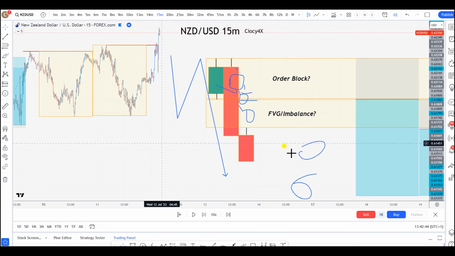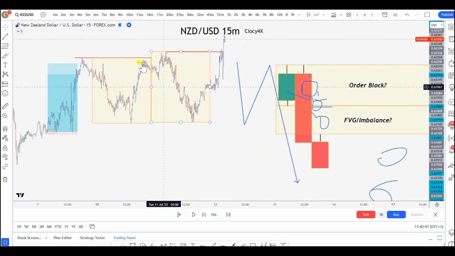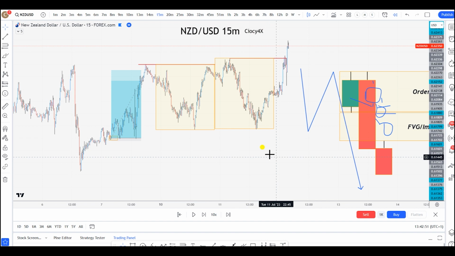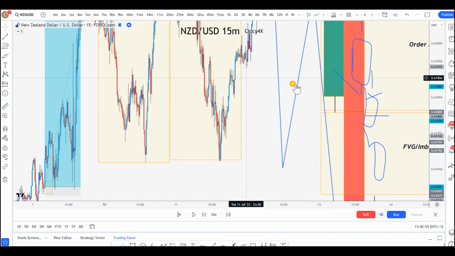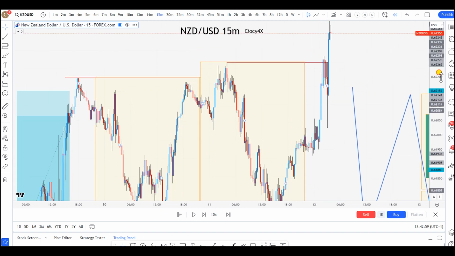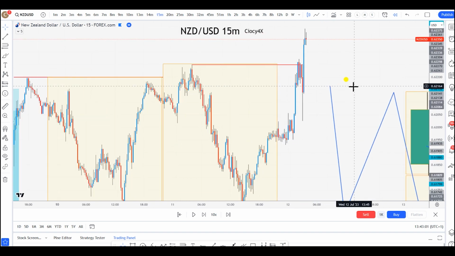All right, guys. So let's go over here. Here I've got two boxes, right? What are these boxes? This is the daily high and daily low, and the reason I'm showing you this is because I want to address this properly. I want to show you guys, yes, you can use imbalance, whatever you want to use, but what I said about the order block is also true, and I'm going to prove it to you right now.